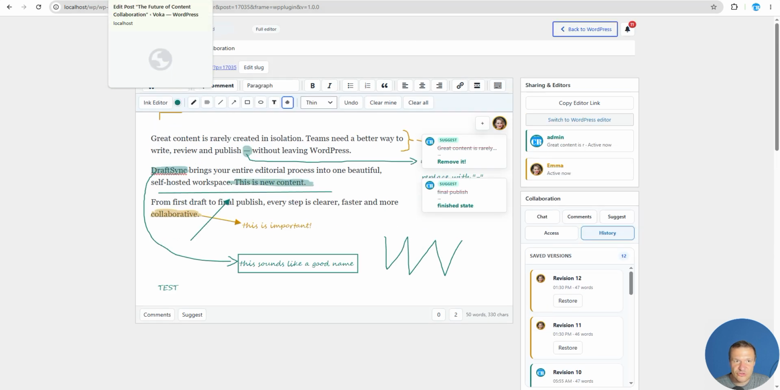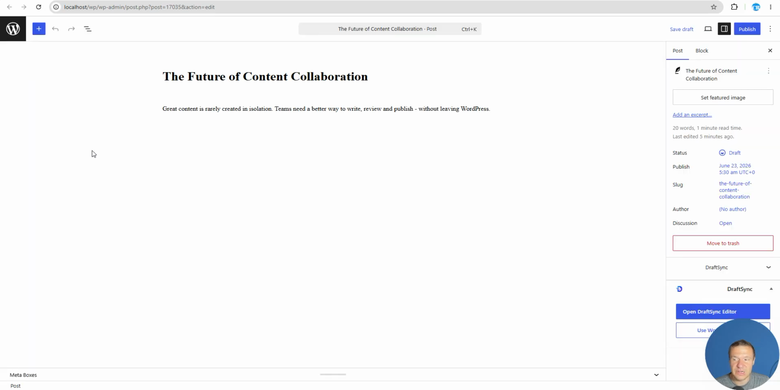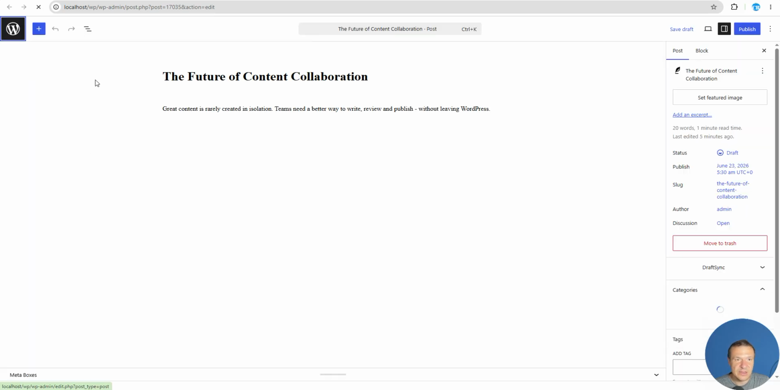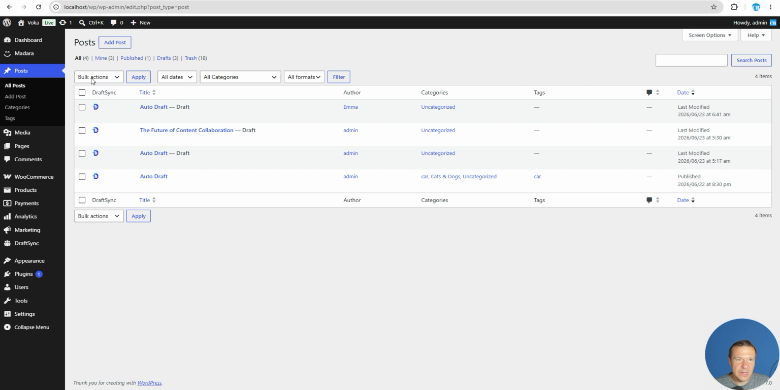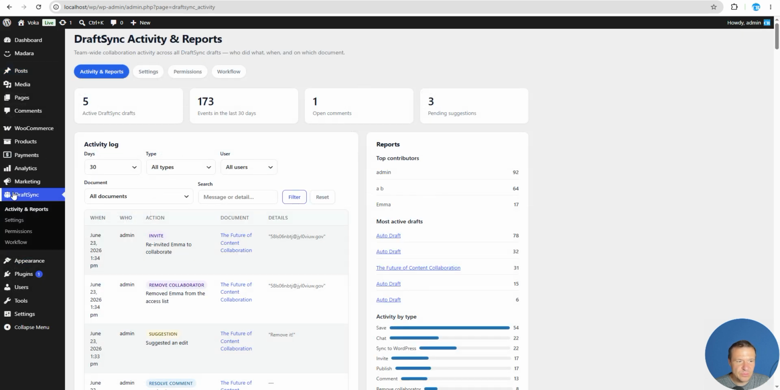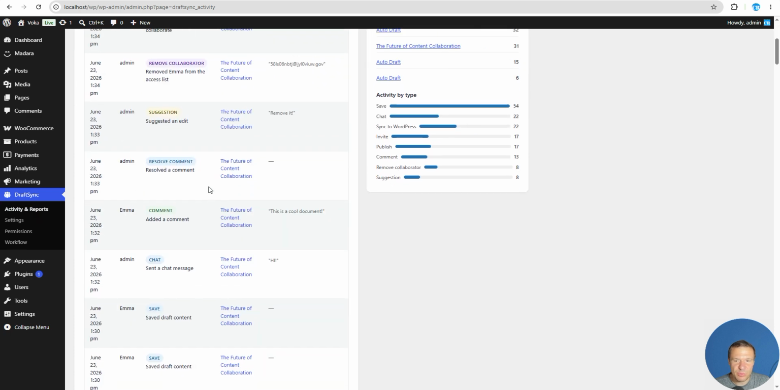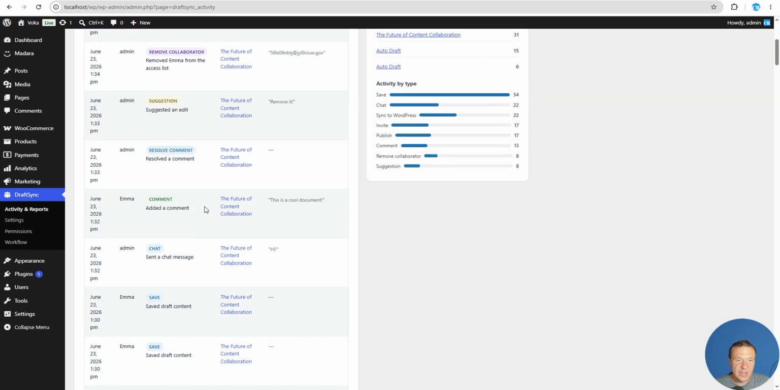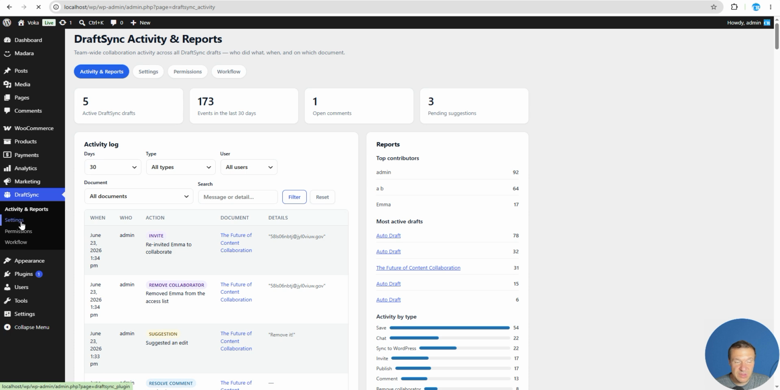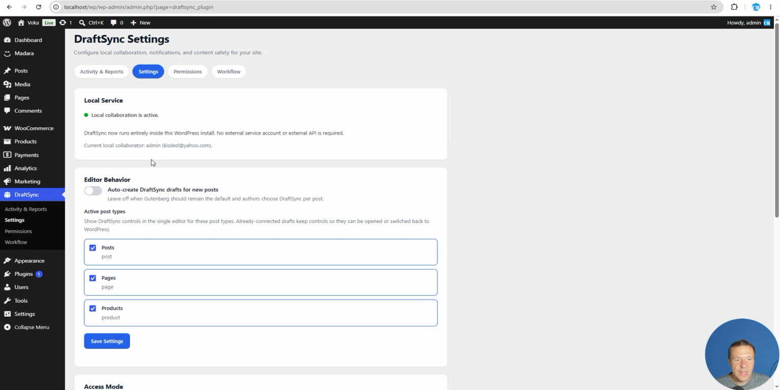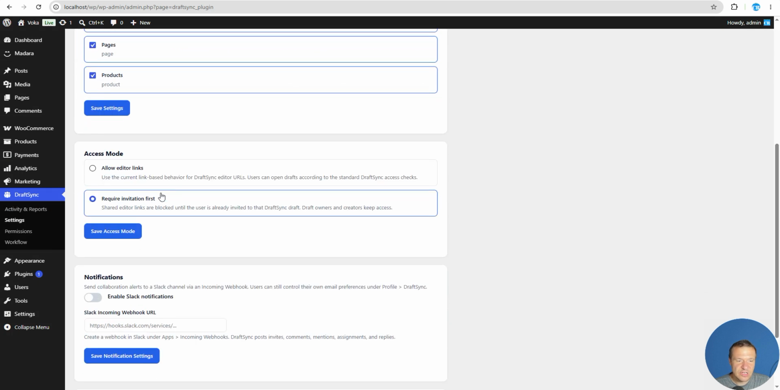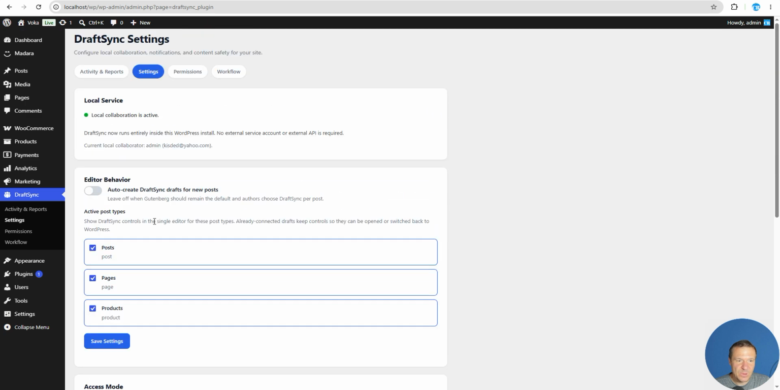So let me show you the admin part of the plugin, as it is quite a feature rich plugin. So let's go to DraftSync, and here you will have activity and reports of what happened on your site and what happened in the plugin. And in the settings part, this is where I want to show you actually that you can set auto create